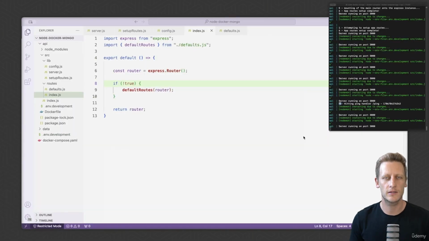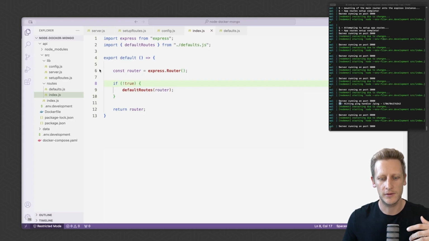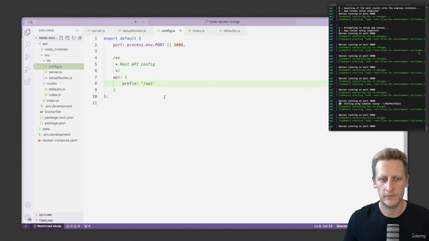This just gives you a mechanism down the line if you wanted to disable and enable whole sections of routes, maybe for safety reasons or for testing in your configuration. If we have a way to tie this up to our configuration, we can just set this in one file in our JavaScript code, and then we can ensure that none of these routes ever get attached onto the express router. So the way we can do this is if we head on over to our config.js